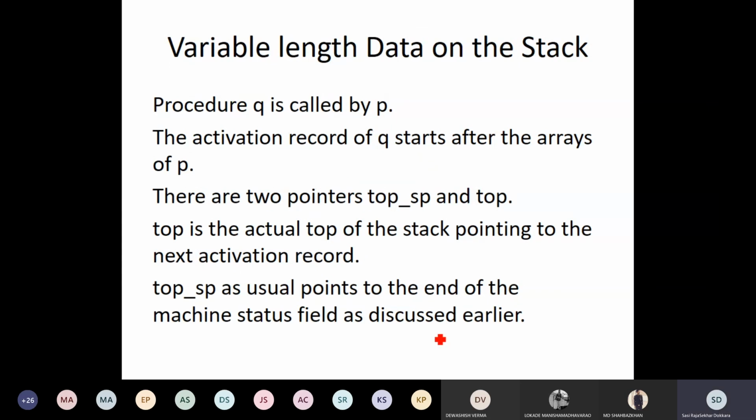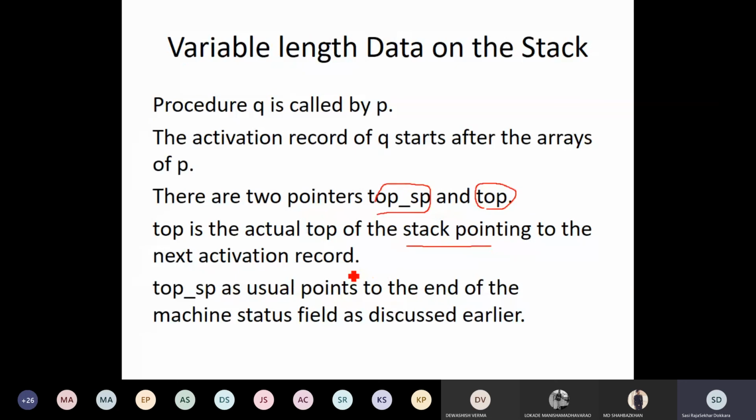The activation record for Q starts after the arrays of P. Following the activation record of P, there are two pointers here. One is the top of the stack pointer, which we know already, and another one is the top pointer. This top pointer is the one which is going to be used to point to the next activation record.